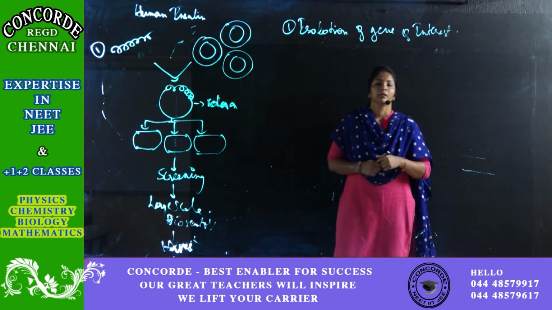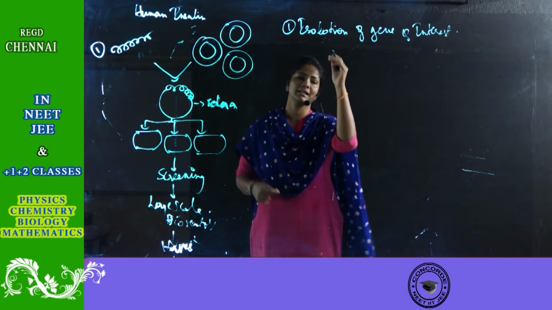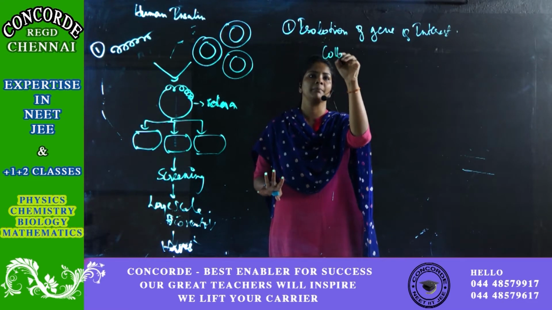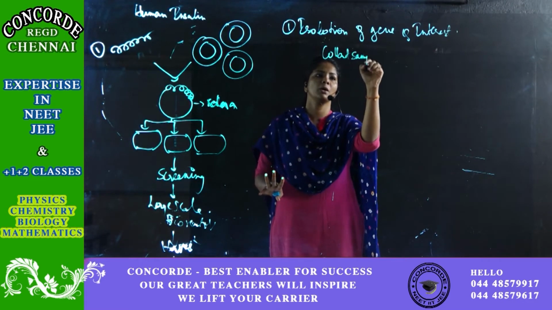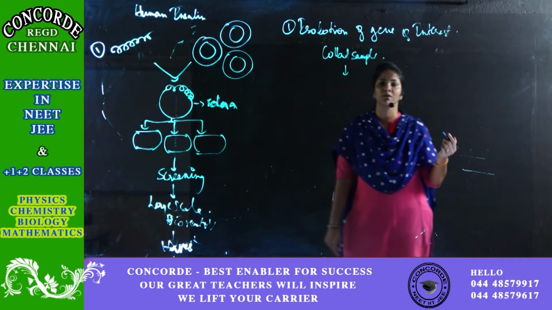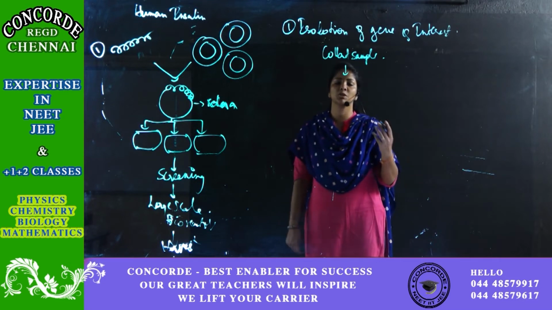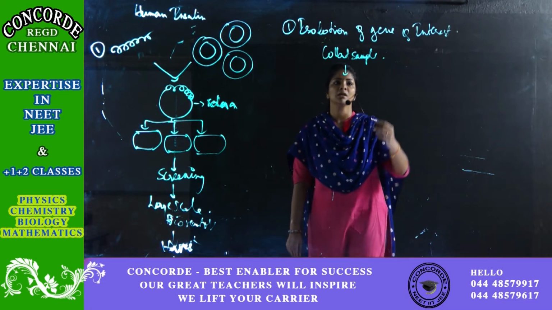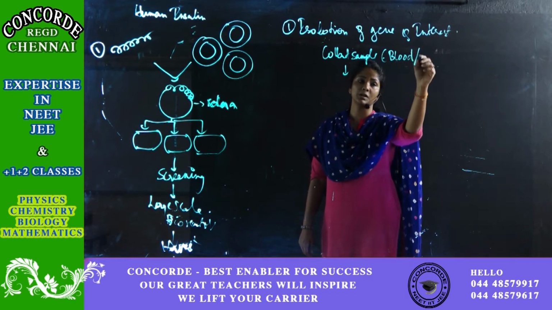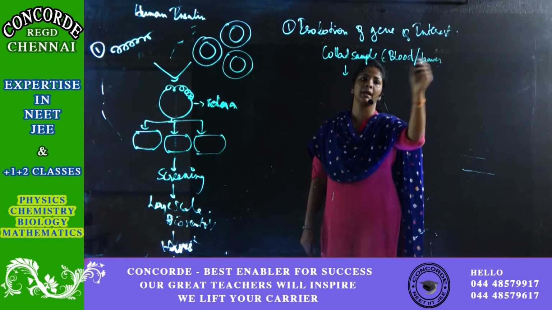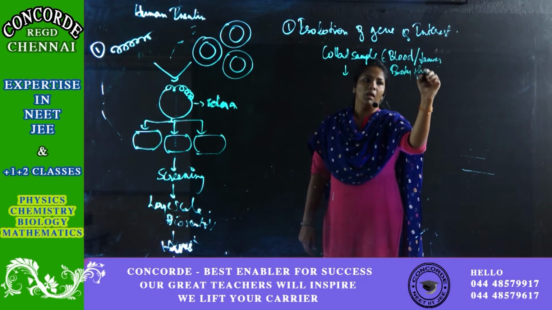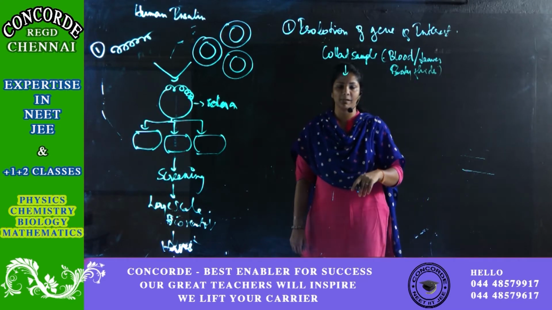First, I'm going to write it in a flow chart and explain parallelly. Collect the sample. What I mean by sample is any source like your blood or body fluids or semen, anything from which you can get your DNA. Mostly they'll do DNA extraction from blood, also plant leaves, body fluids, anything. So you have to collect your samples first.